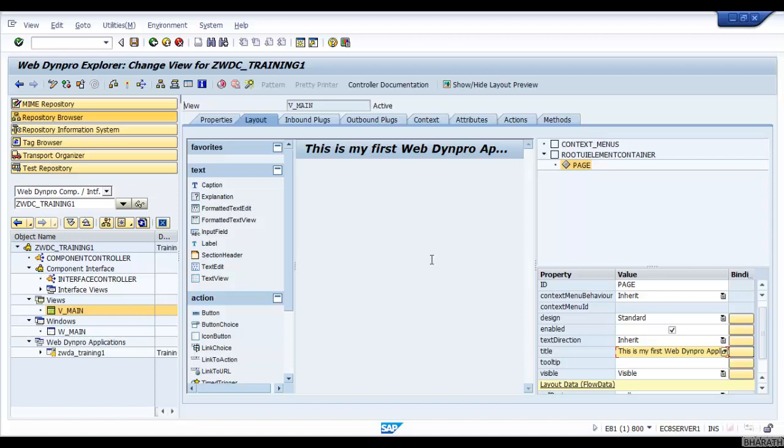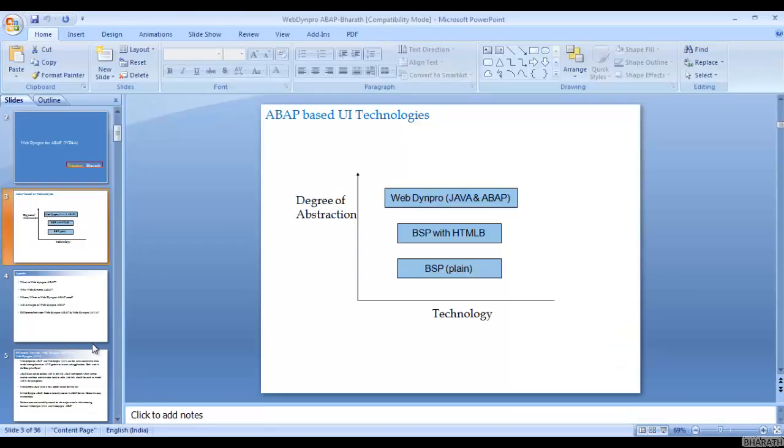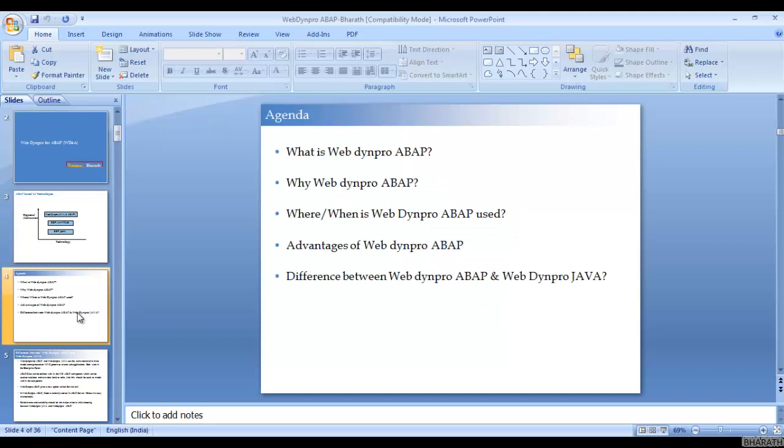Now let me tell you the differences between WebDynpro Java and WebDynpro ABAP. This is the agenda: what is WebDynpro ABAP, why WebDynpro ABAP, where and when WebDynpro ABAP is used, and advantages of WebDynpro ABAP. Now we will see the differences between WebDynpro ABAP and WebDynpro Java.